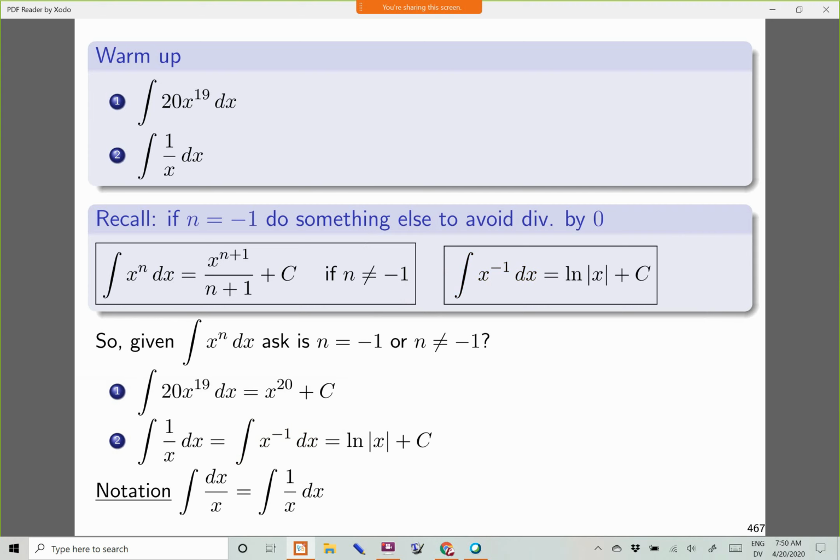Finally, one other comment before moving on. This comment was mentioned last time, but it's an obscure thing, so sometimes people forget about it. The book uses this notation on rare occasions, so does WebWork, so I wanted to just mention it. If you ever see dx over x with an integral sign in front, you could, if you just like to make it look more like the ones we've done, just push the dx off to the side, so right there.